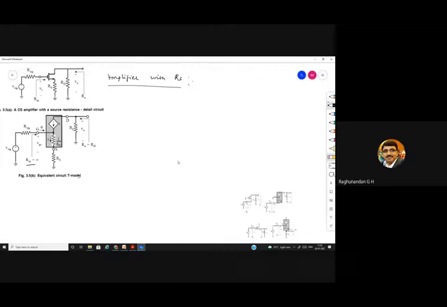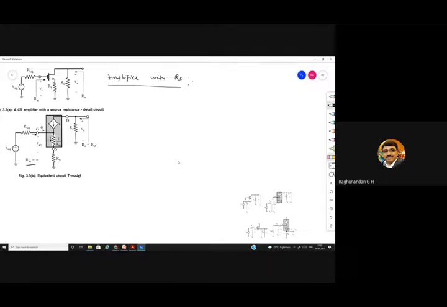This is the MOSFET circuit when the source resistance is considered. So we are going to have this T model for the case with source resistance. We considered a directly open-circuited gate terminal and a dependent current source for the case without RS, but here it is with RS, so we will consider a T model. This is the T model which we are having.